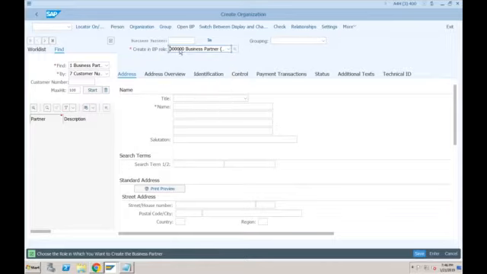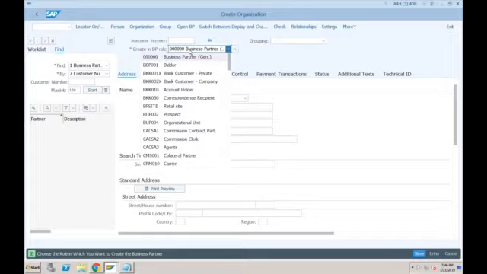Now, what are business partner roles? As I told you, any party which has anything to do with your business can be your employee, your salesperson, your customer, vendor, shareholder, or bank representative. So there are different kinds of business partners you have. How will the system know that you want to create this as a customer or vendor or employee? You have to specify here what role that business partner will play in your organization. So you are telling the system that you are creating this business partner and the role of this business partner would be treated as a vendor.